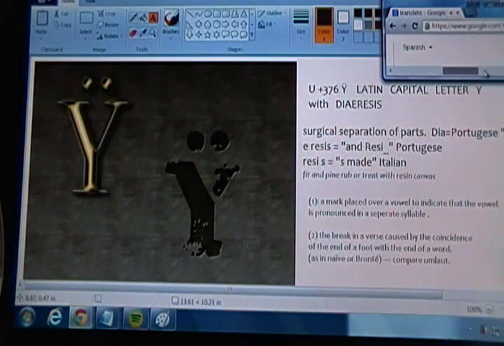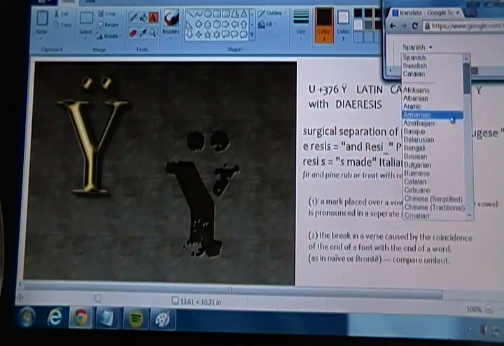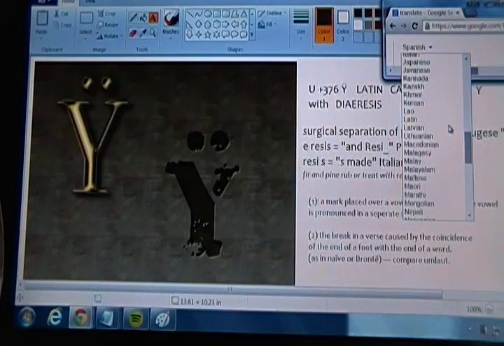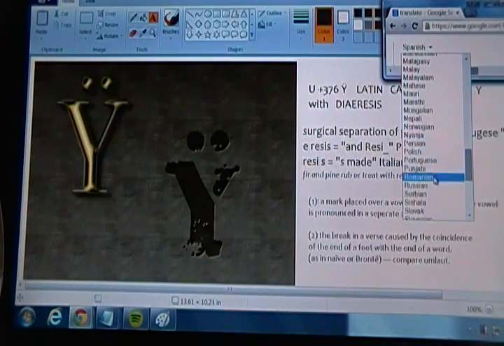Diaeresis. Okay, now that's pronounced in Spanish. And what's interesting is if we give it a touch, a sweeter touch, right? We also get a translation